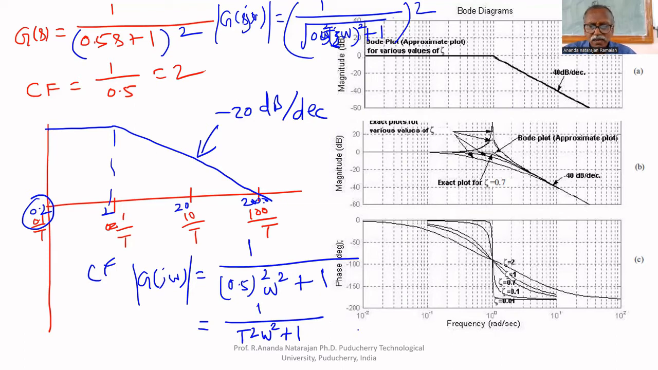What is the corner frequency? Omega equal to 1 by tau is the corner frequency. Before the corner frequency, tau square omega square is negligible. If you square 0.1, what will you get? 0.01. Squaring gives a fractional value, so it is negligible. After the corner frequency, the 1 is negligible. Therefore, what you will get is